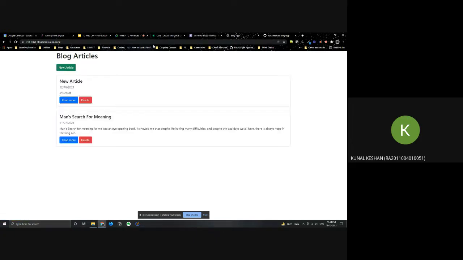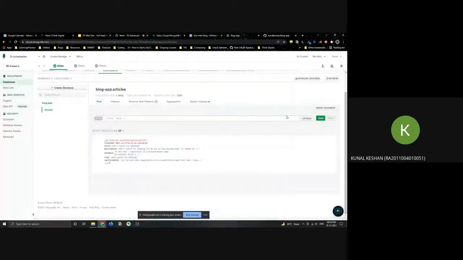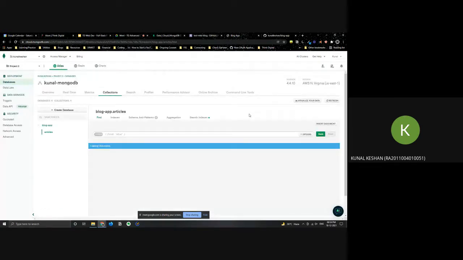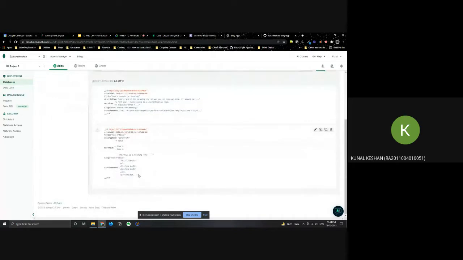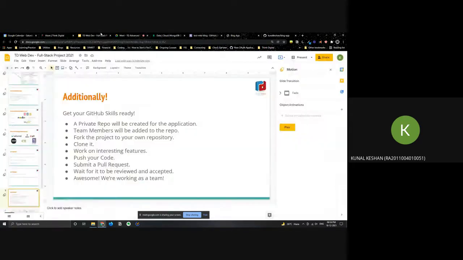And we'll be hosting on Heroku over here. I'll show you what continuous integration is in Heroku. All right, so we'll connect it to our GitHub repo, and we'll be using SQL later. In this project, however, I used MongoDB, but right now it's better if we get a hang of SQL, and then we move on to NoSQL databases. So that was it.